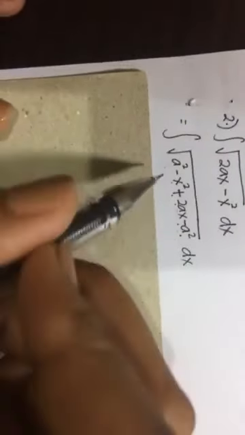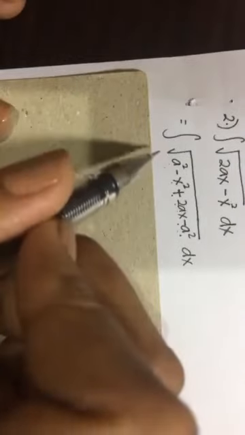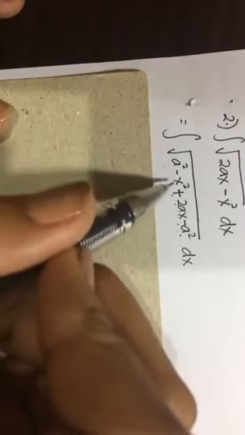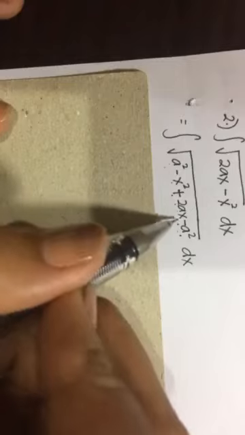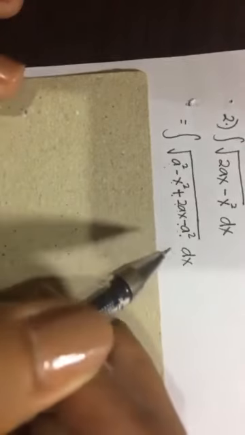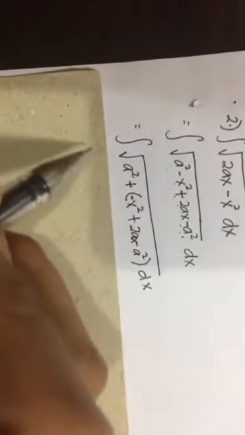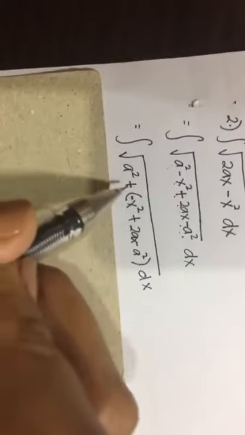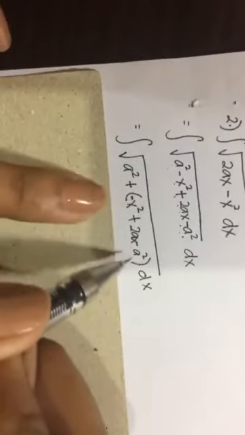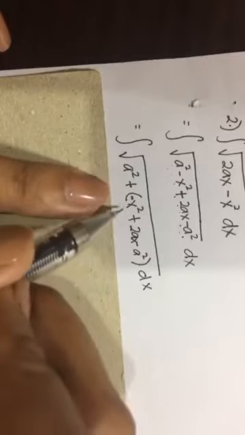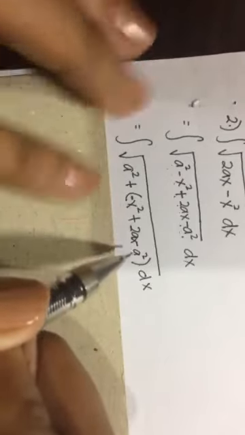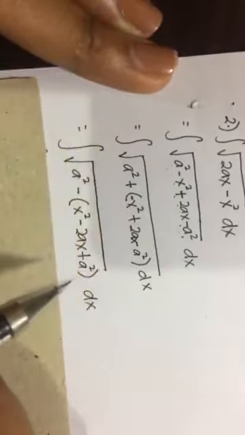So our problem is the integral of the square root of 2ax minus x squared dx. The next step is that we add and subtract a squared. So the integral of the square root of a squared minus x squared plus 2ax minus a squared dx. Next, we combine these three, negative x squared plus 2ax minus a squared dx, which gives us